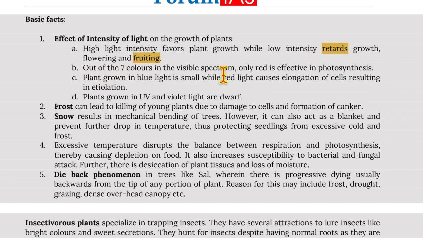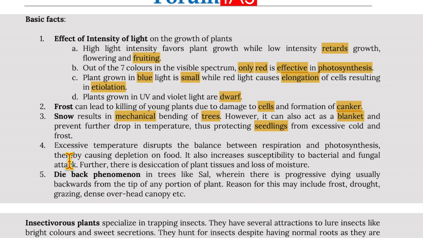Out of 7 colors in the visible spectrum, only red is effective in photosynthesis. Plants grown in blue light are small, while red light causes elongation of cells resulting in etiolation. Now, plants grown in UV and violet lights are dwarf. Frost can lead to killing of young plants due to damage to cells and formation of cankers. Now, snow results in mechanical bending of trees. However, it can also act as a blanket and prevent further drop in temperature, thus protecting seedlings from excessive cold